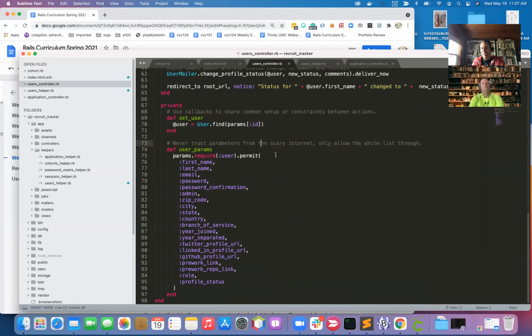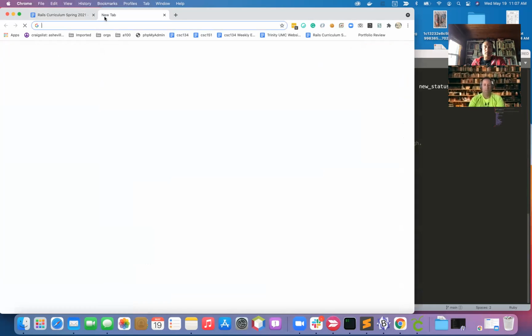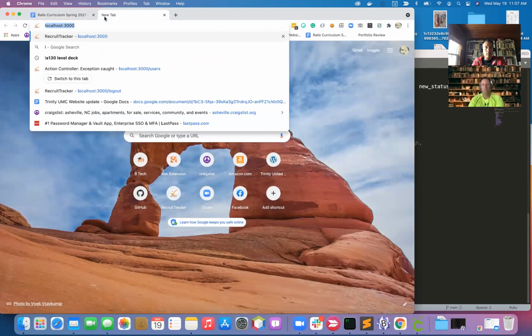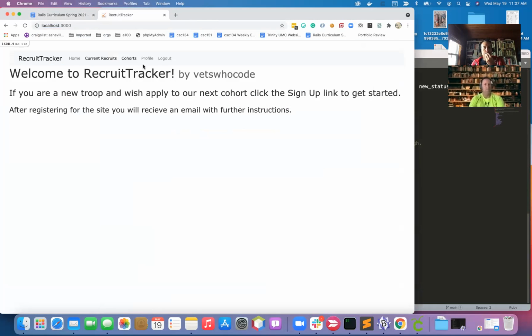This is not just a Rails thing. I think mass assignment is sort of an HTML internet thing, right? And basically, the classic example is when you do a form submission. So for instance, let's go ahead and pull up the app. And so when you do a form submission,